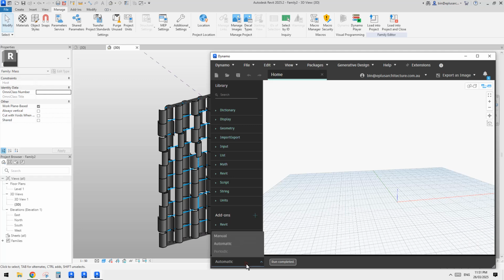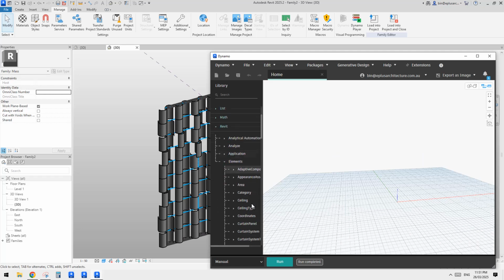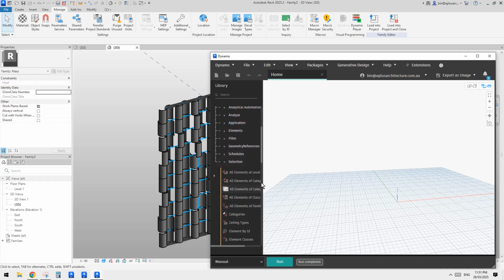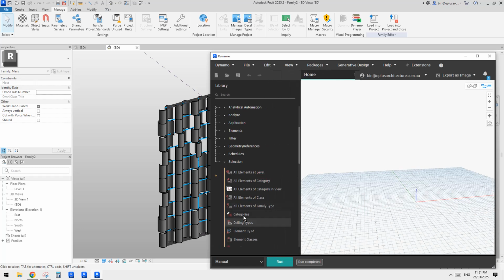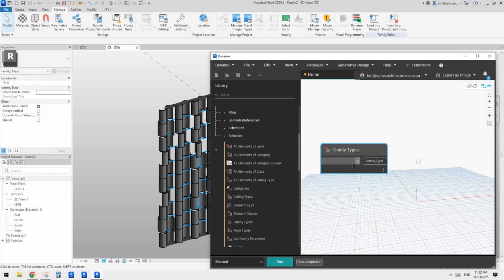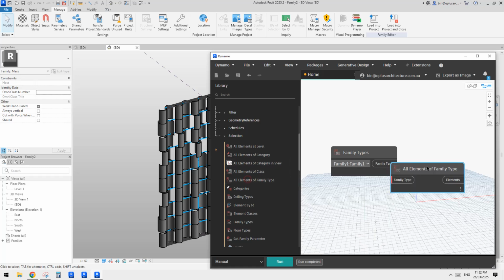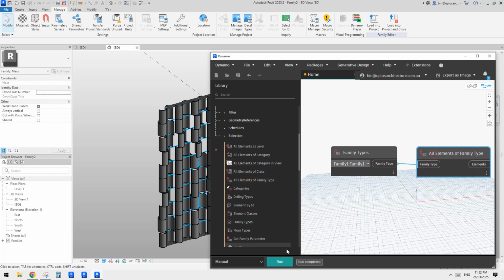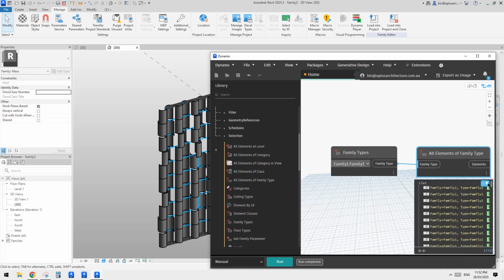So first I want to change this one to manual first. Okay, so go to Revit, and we need to select element, right? So go to element, go to selection. So selection, and this one will be family type. Okay, so family type, or element type, or family type, yeah. So from the drop down menu, you can find this one. So this is a family one, select this one. So we also need to select all elements of the family type. So connect them. So if I click on run, you will see we have a list of these families,